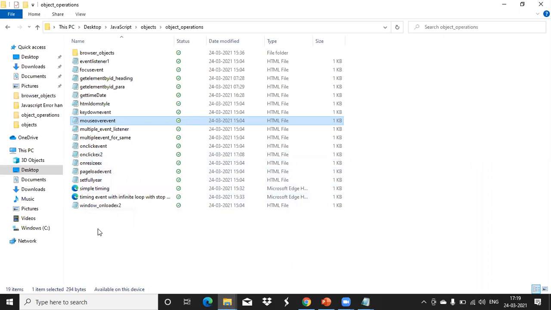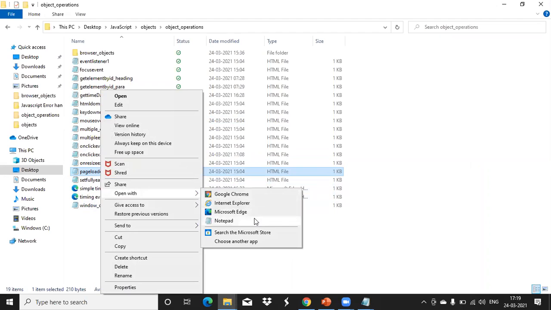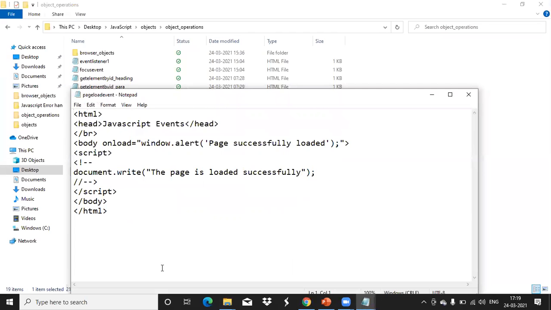We have the page load event. So inside the body only, the onload event handler we have given.